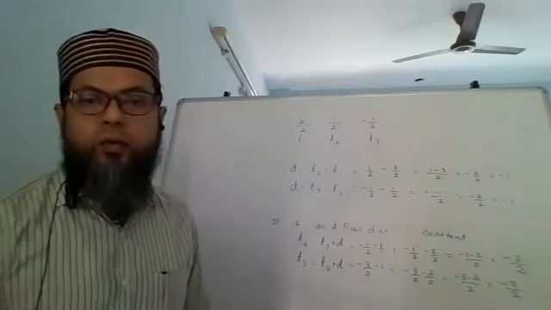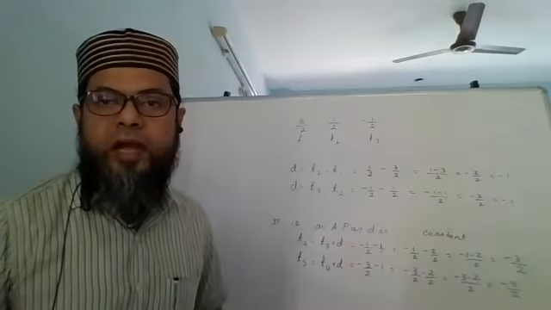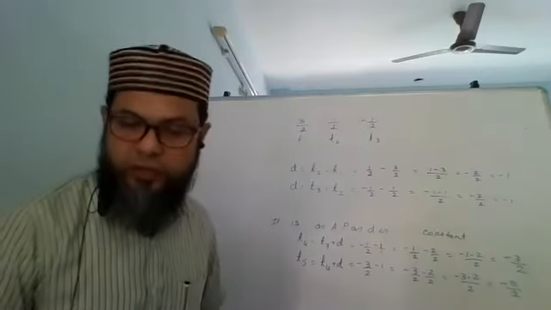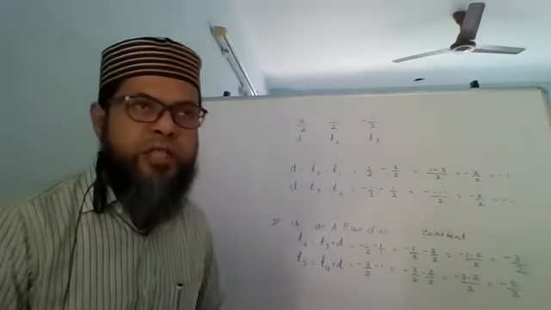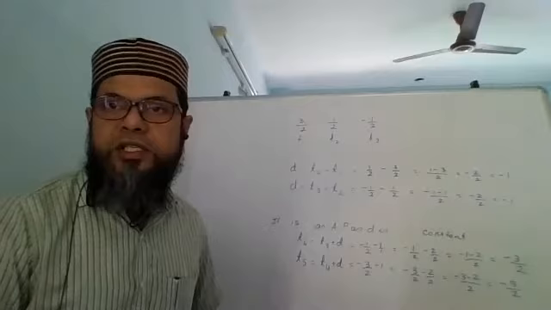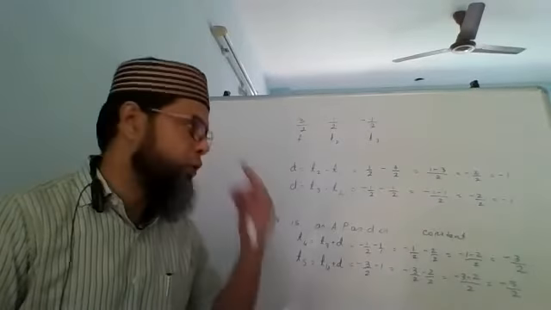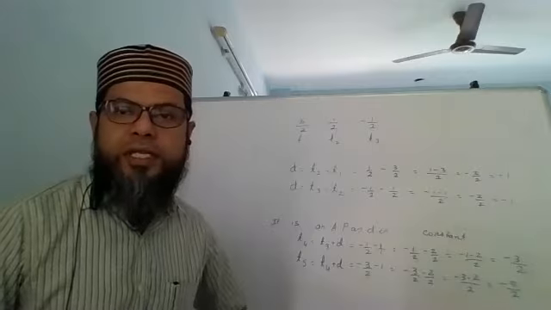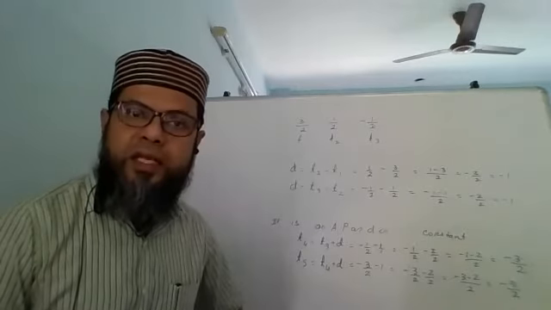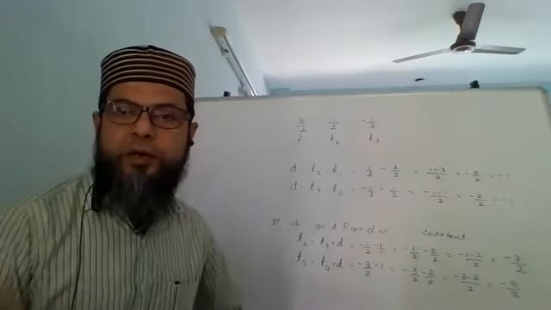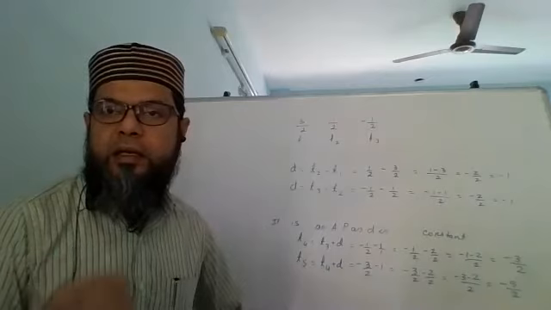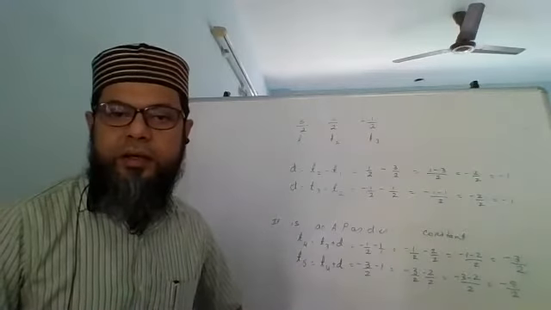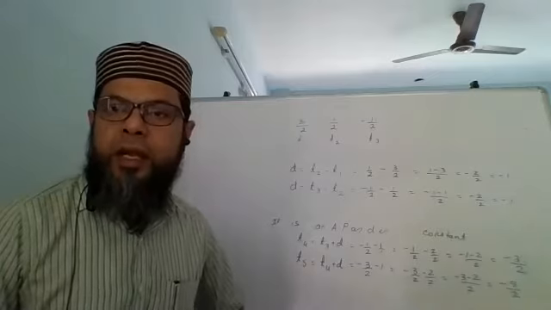Yesterday we had seen what is A and how to find D. Two things we have seen. First of all, we have seen what is a sequence. Then we have seen what is an arithmetic progression, which is nothing but a special type of sequence that we have already seen. Then in an arithmetic progression, there are certain things that we need to know. First is A, that is the first term. Then common difference, that is D. So we have seen A, we have seen D.